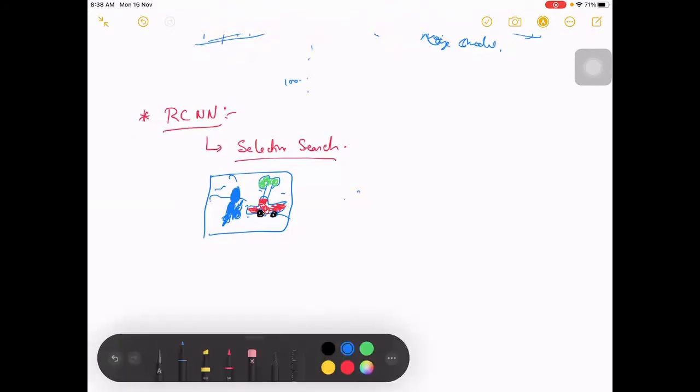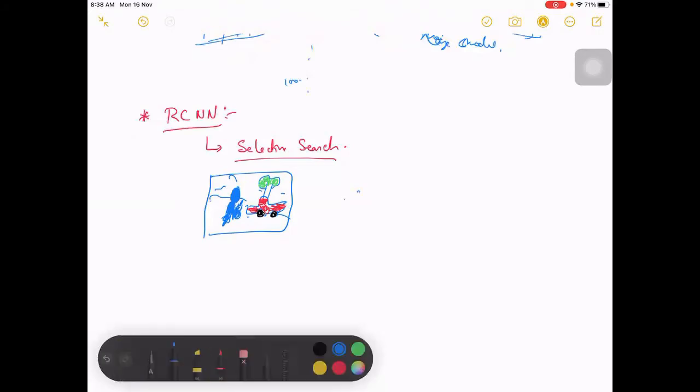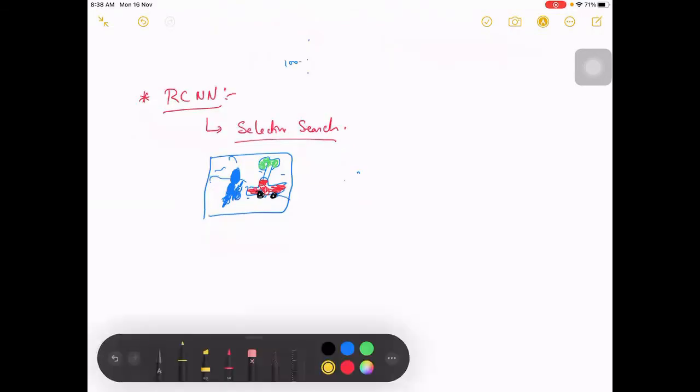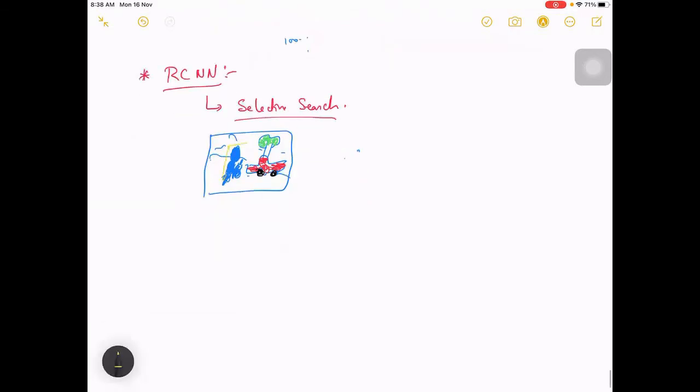Taking these into consideration, they have proposed this selective search, which will give some kind of proposals, bounding boxes which may be containing an object, maybe something like this, or this, or maybe only this part, because the entire object need not be in the same color, right? It need not be in the same intensity. So it will give some object like this, some object like this. Like this, it will give you some 2000 proposals.